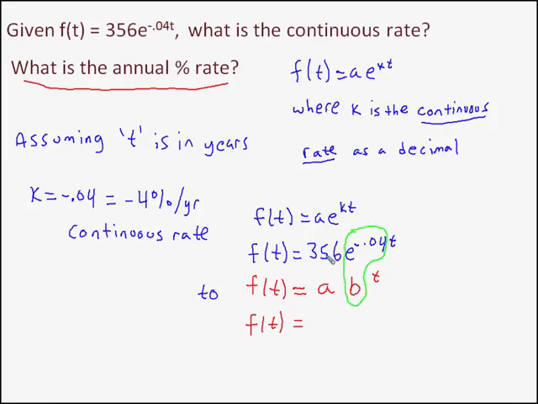So when I do my converting, a in this form is the same as the a in this form, meaning my start value is still going to be 356. I'm still going to use the input variable t. The question is, what happens when you take e to the negative 0.04 on your calculator, when you convert that from the number 2.718, roughly, e, and raise to that number, you get a single number for your b value.